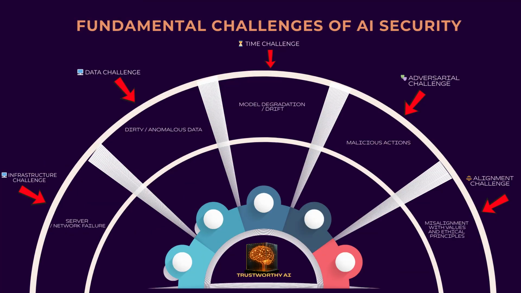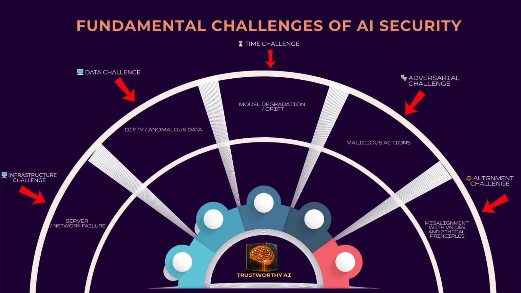Before we move on to specific threats, we need to establish a solid conceptual foundation. Our ultimate goal in AI governance is to ensure the creation of trustworthy AI systems. But what exactly do we mean by trust? This is not an abstract emotion, but a set of measurable engineering and governance properties. To understand what trust comprises, let us analyze the fundamental challenges any complex AI system faces. These can be categorized into 5 main areas.